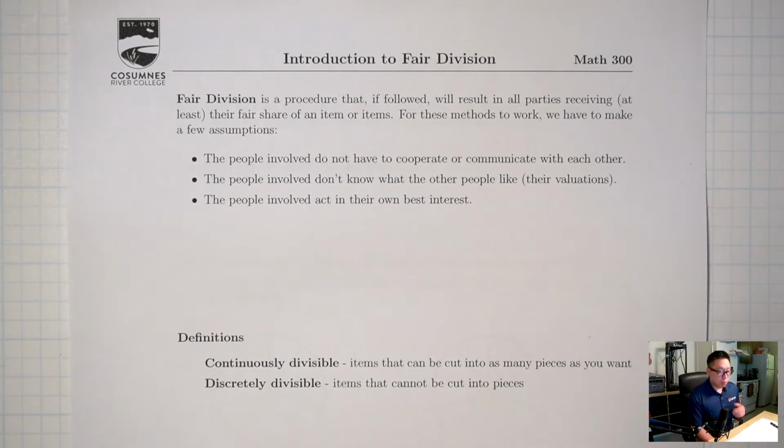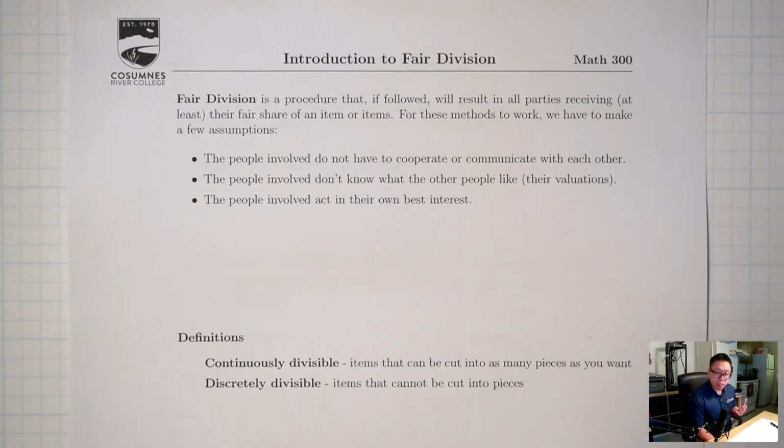Welcome back. We're starting a new unit called Fair Division. The questions we're going to look at in this unit are things, for example, like, say you and your siblings inherit a bunch of things from your relative. Say you inherit some cash, a car, a house, and some land. The question is, how do we divide these things up in a way that everybody's happy?